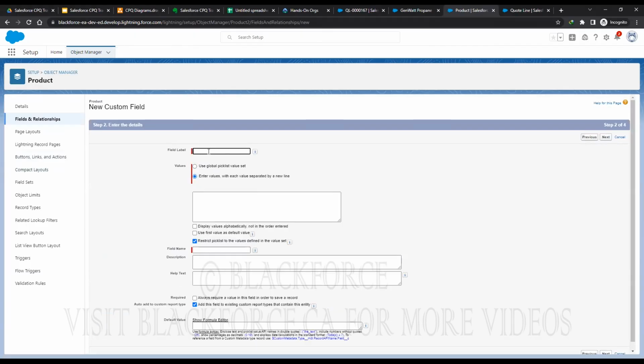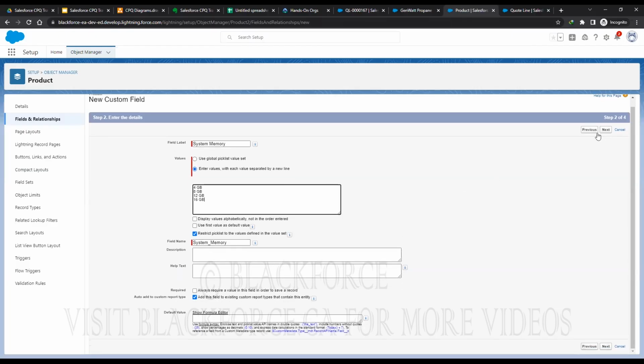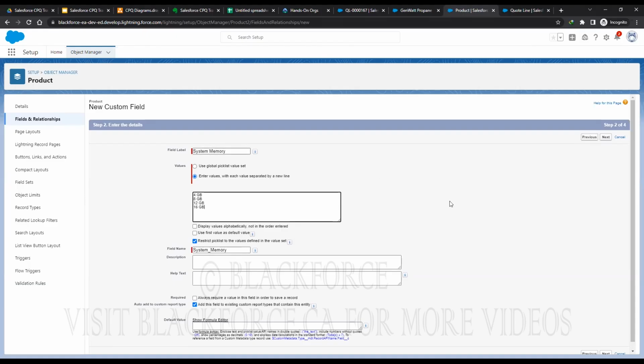What we can call this system memory or something like that. Okay. And we're going to give it like 4 gig, 8 gig, and 12. I think we have 16 GB as well. Right, so I'm gonna go. Let me just make sure it's all good. So that's good. Next,